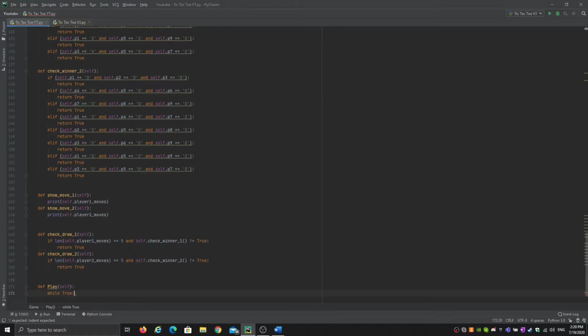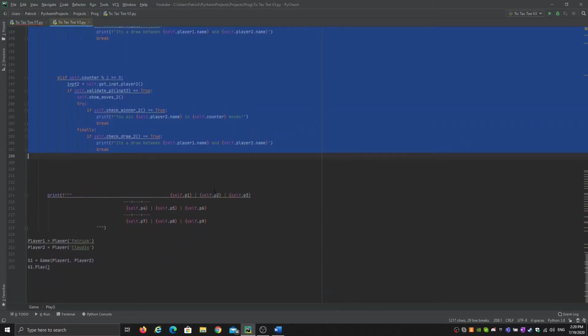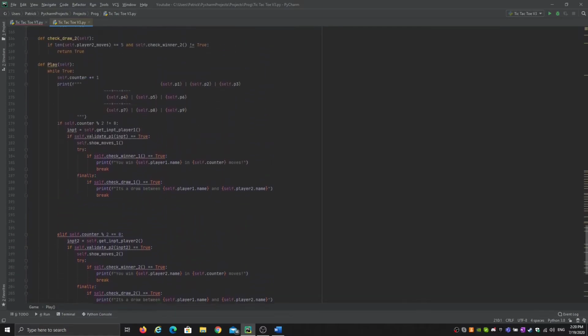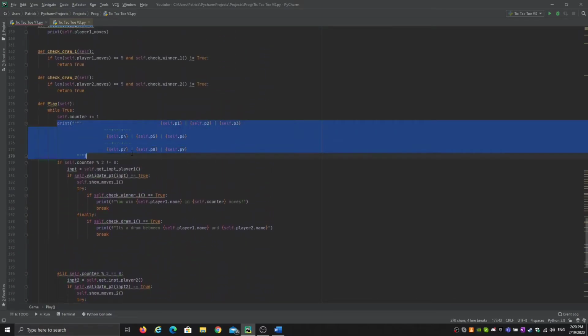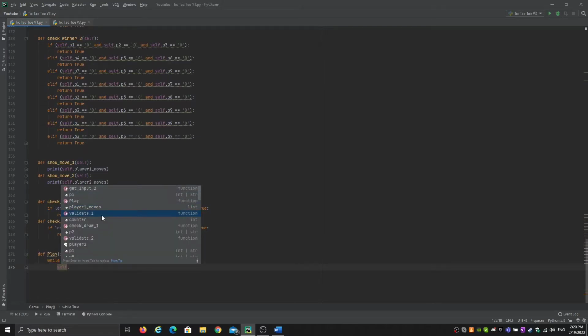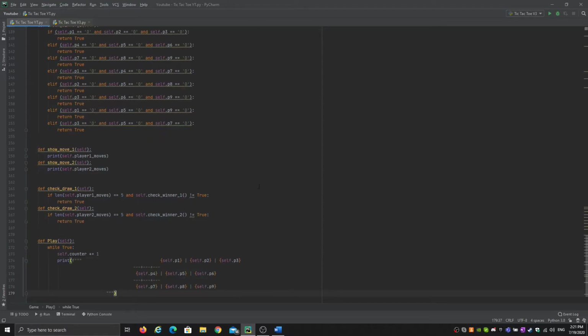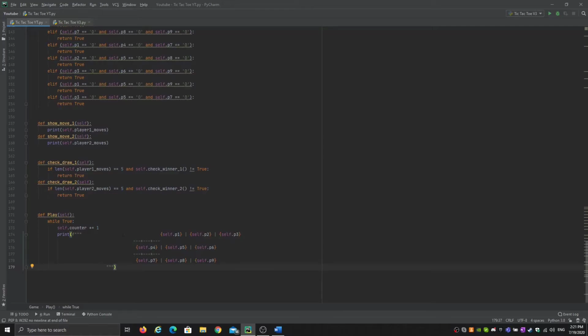So the first thing you want to do in this loop is print the board. So I'm gonna copy this from here because I have the board here. So no, sorry, excuse me. The first thing you want to do is add +1 to the counter. It's here. So you want to add +1 to it all the time, and then you want to print the board. This is the board. After you added +1 and printed the board,